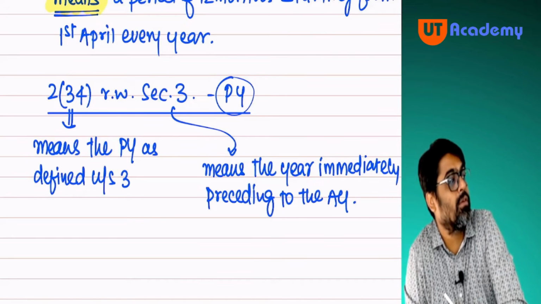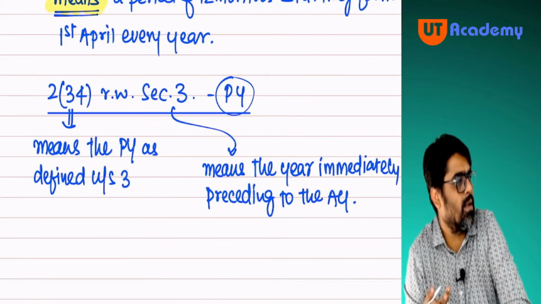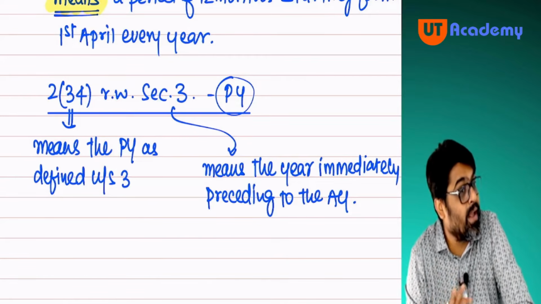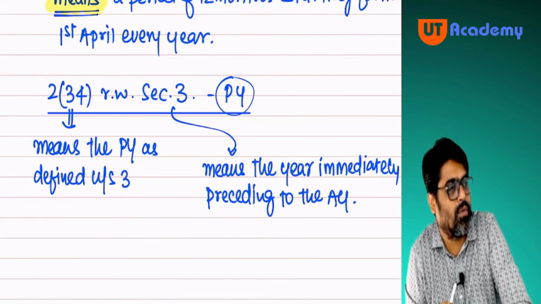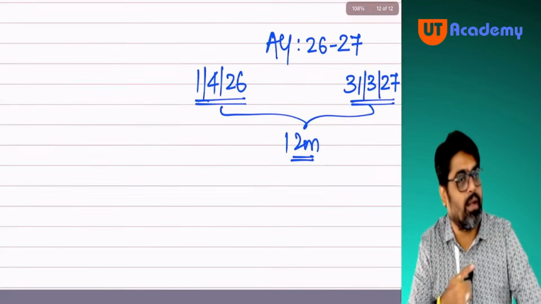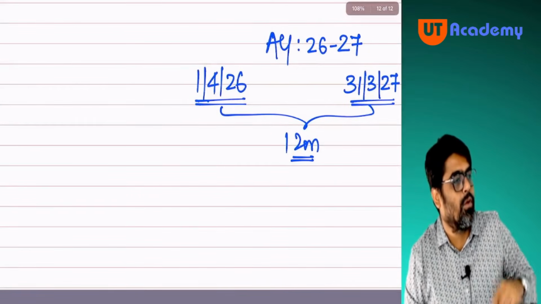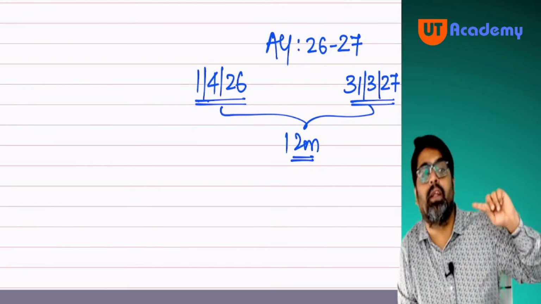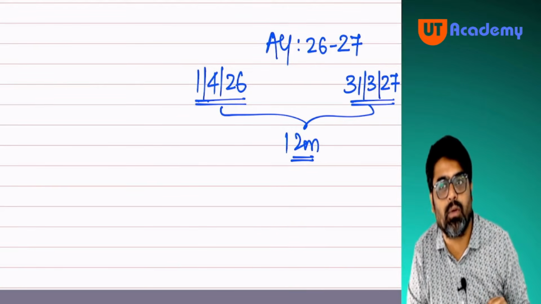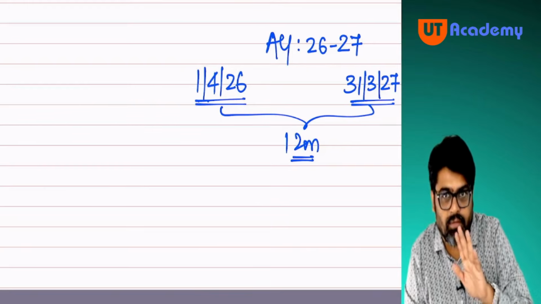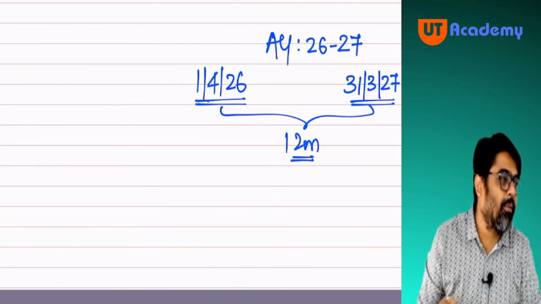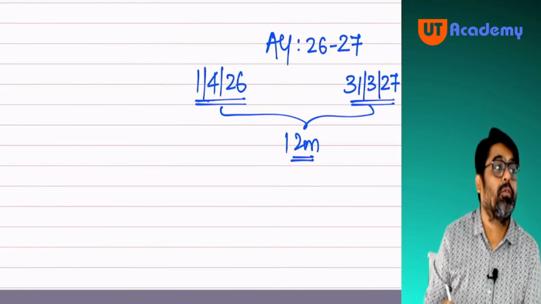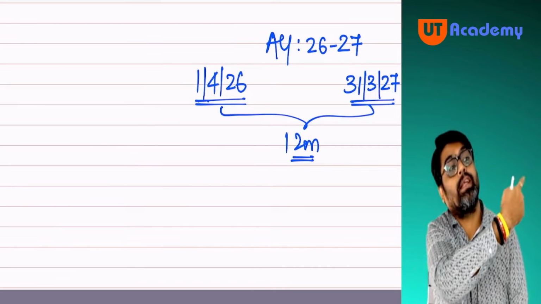Previous year means the year or financial year which is immediately preceding the assessment year. Now, have you written assessment year? So the year which is immediately preceding the assessment year, that year is known as what? Previous year. Everyone understanding? So tell me, the year which is immediately preceding 26-27